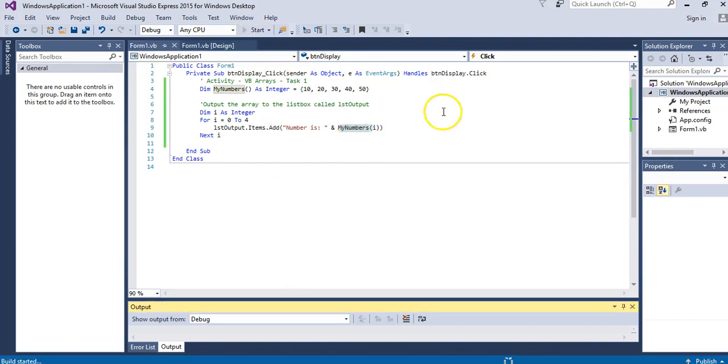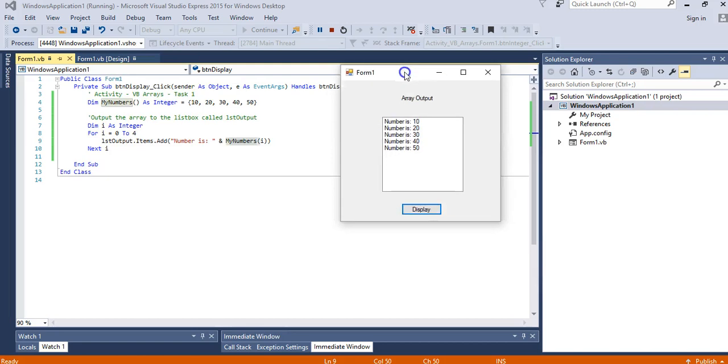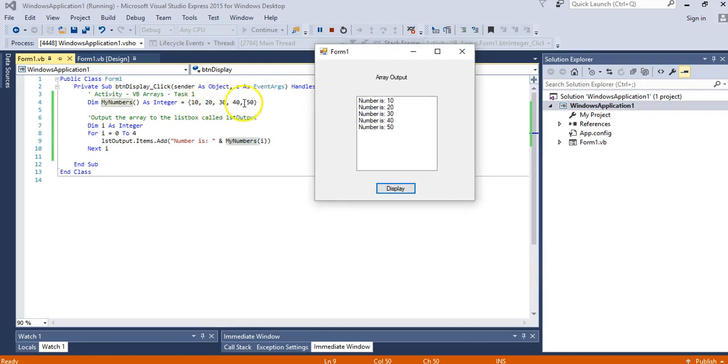Let's just see what it does. So let's just press display. Okay, very simple program. So it's just outputting all those 5 elements of the array to the screen. So go back to the activity, put the code